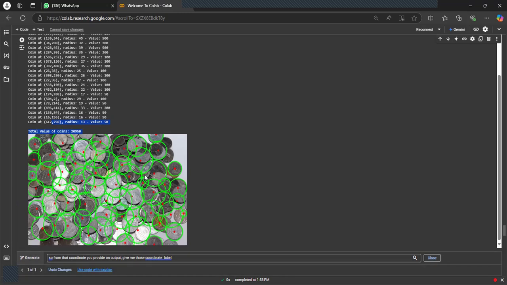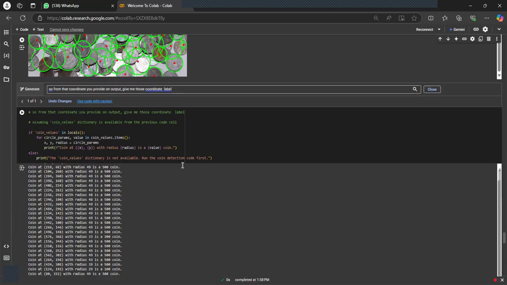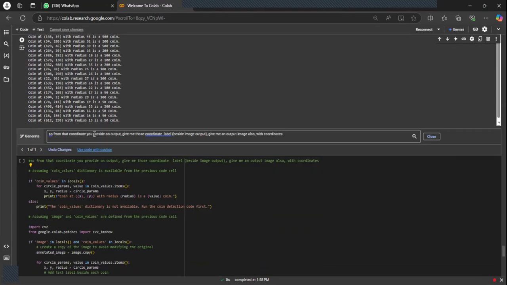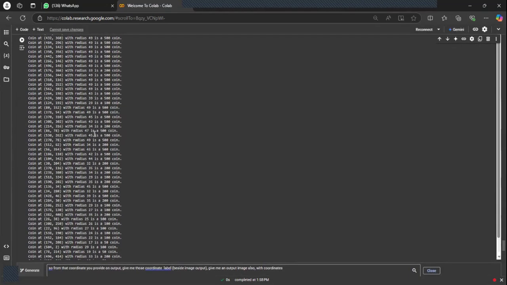But we can see that we do not have coordinates yet, so we'll add coordinates to this output. Yes, this can be x, y, radius, circle parameters. It's the same as before because it's an addition.